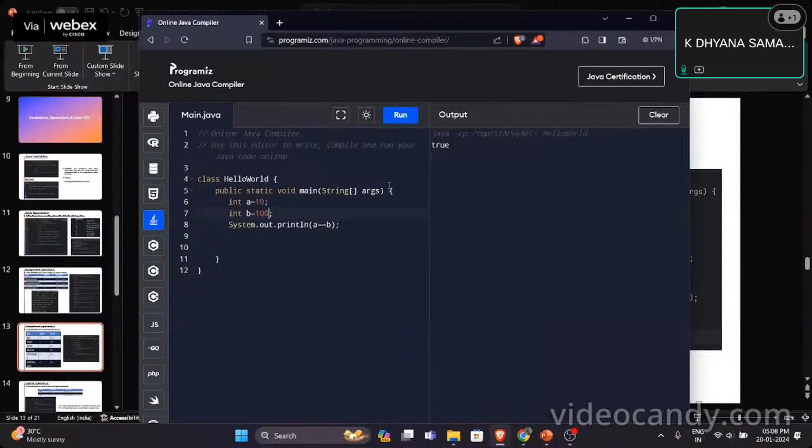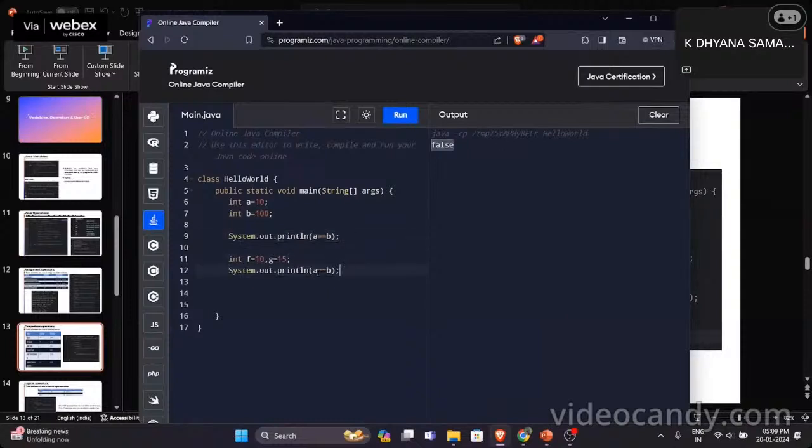If I increase the value of b and run the program, the output is false. This is for equal to. Let's declare another variable, int a equal to 10, comma int b is equal to 15, and if I write a not equal to b,